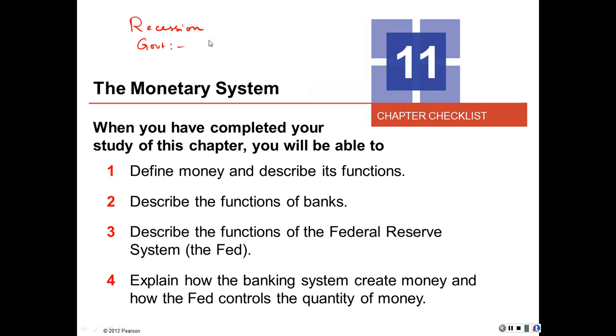The government can pursue expansionary fiscal policy, which is basically government spending going up, taxes going down. Correct? When I say government, who do I mean? I mean the president and Congress. Right? But now we are going to study the role of the